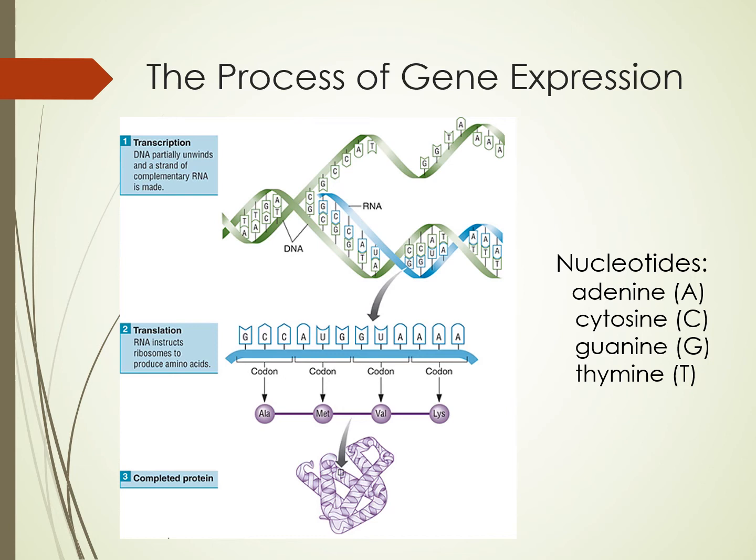And we have this kind of matching up, or coding, for DNA made up of these nucleotide bases, adenine, cytosine, guanine, and thymine, that then code for adenine to adenine, cytosine to cytosine, guanine to guanine, and thymine to uracil, or what's the U on the RNA. And then you can see we have these codons, these 3 nucleotide bases that are then going to code for a particular amino acid.